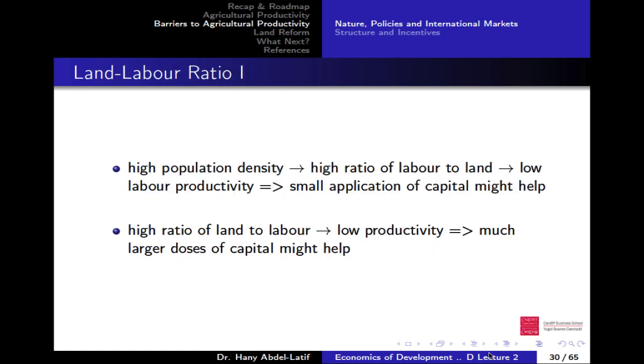So looking at these two factors, geographical determinism and land labor ratio, they don't really explain the full story of why productivity is low, because to some extent we can handle these issues. After the break, we'll have a 10-minute break, then we'll come back to finish those factors which we just started, and then we'll move to discuss even more important factors which are related to rural societies and how they live, how the norms, the values they have.